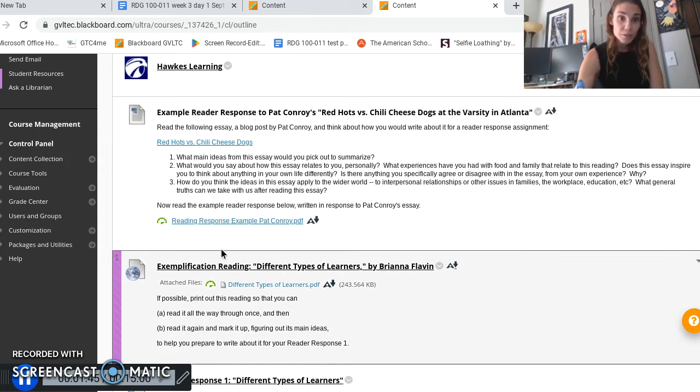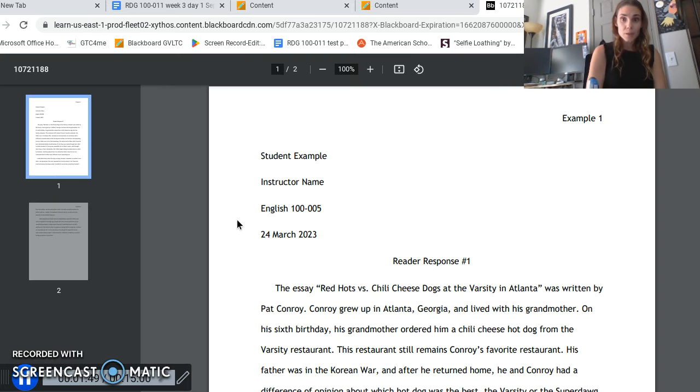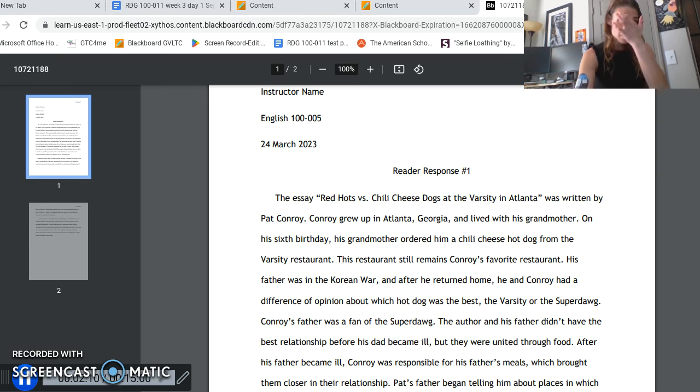And here, if you go right here, is a sample. So this is similar to what you're going to have to do. I just want you to take a look here. Here's a sample. This is an MLA format, just like this, exactly what you see, where the title here, example 1, my name, our class section, today's date, whatever the date is, and you're going to do 3 of these reader responses.